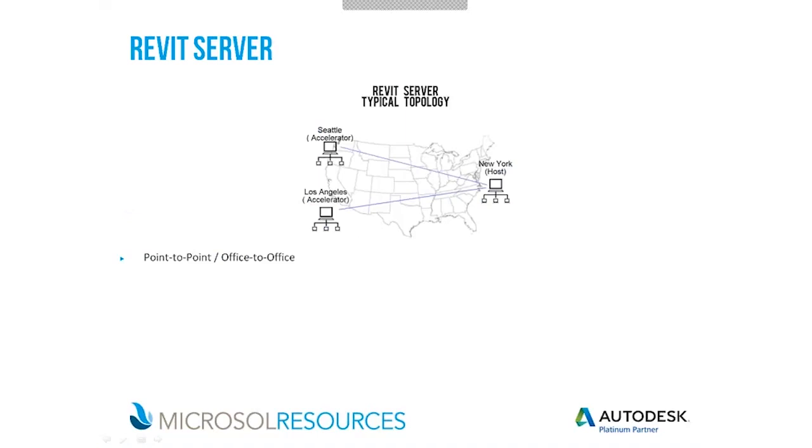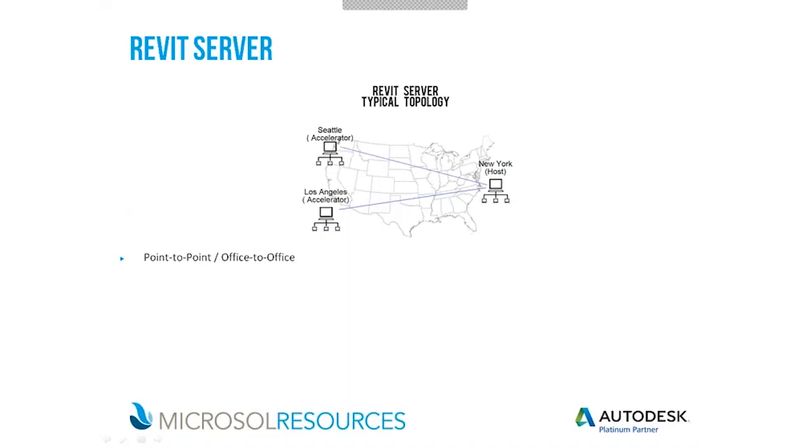Some of you are probably already using Revit Server and are very familiar with how it functions. Some of you may not be quite as familiar, or are looking into it, or haven't implemented it yet. The basic idea behind Revit Server is that you're connecting an office to office, really point to point in that respect. So if you look at our example typical topology, you would have your host, which kind of acts like your central model